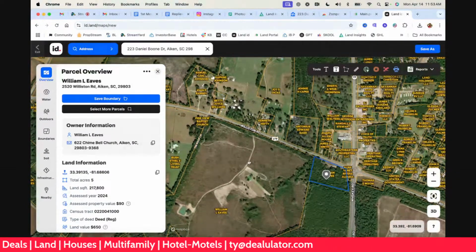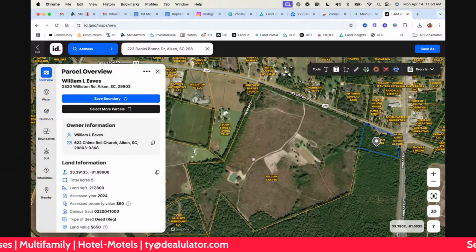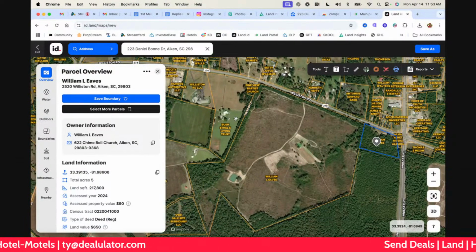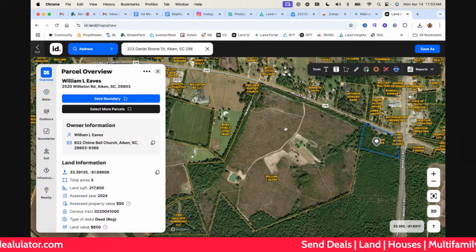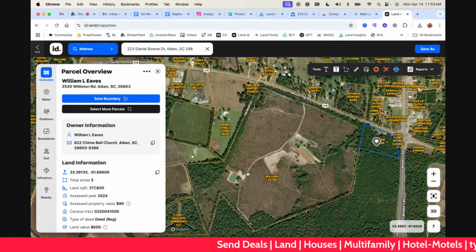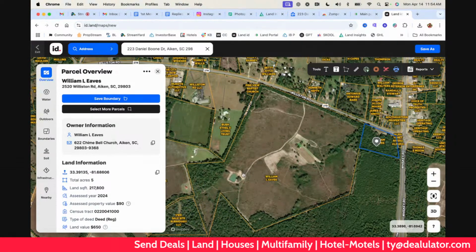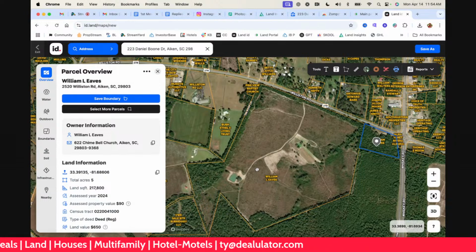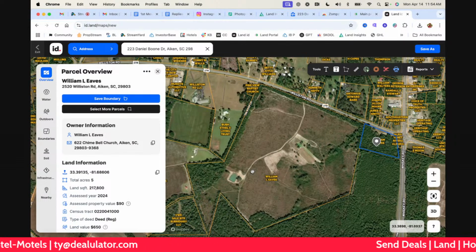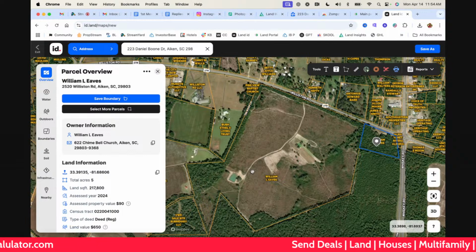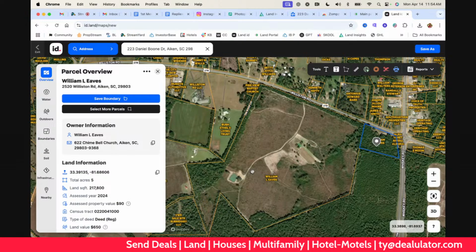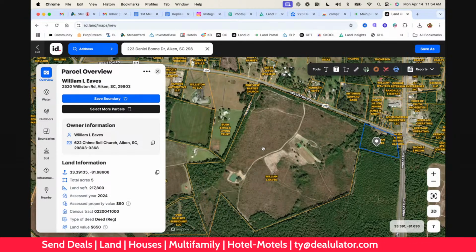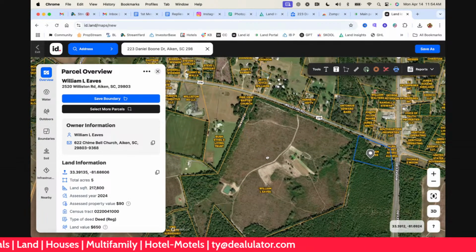So this is a really good one right here, right? It could be better, but it's really good because you have so much to work with. Now it appears the driveway runs down the middle of the property, which could be a good thing. If someone you pass it on to wants to subdivide, it would make it easier to put in a road, because technically a road is there. It's just a driveway and not a platted road by the state or the county. But this would actually be a pretty good one just looking at it.